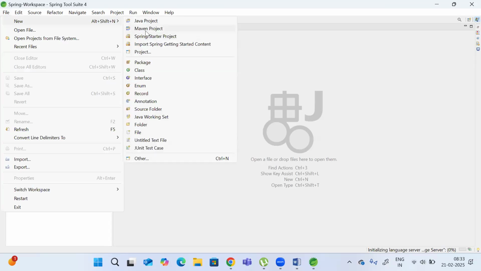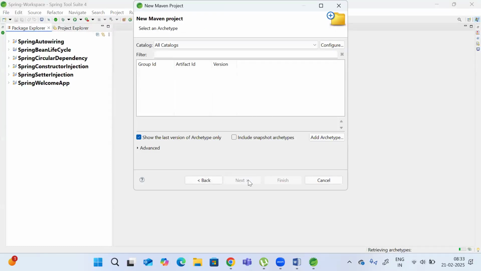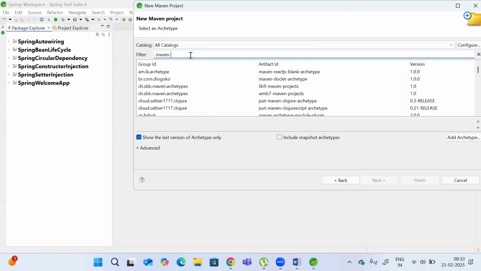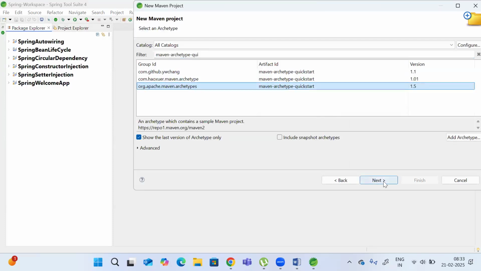Okay. So we are going to create a Maven project. Next, we are going to click on next. And we will wait to get the archetypes. Here, we are going to choose Maven archetype quickstart. Then next,